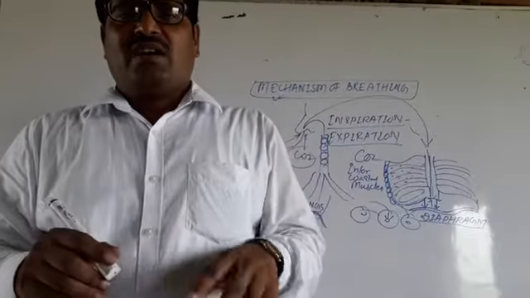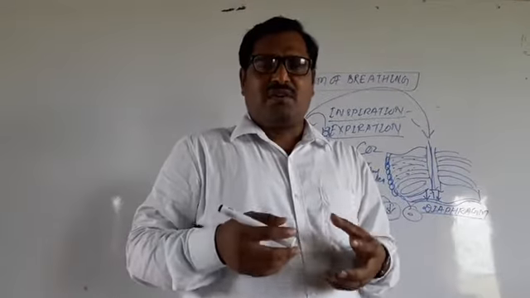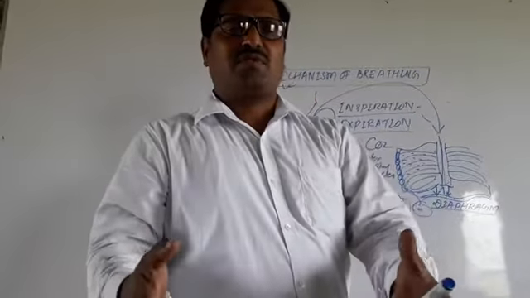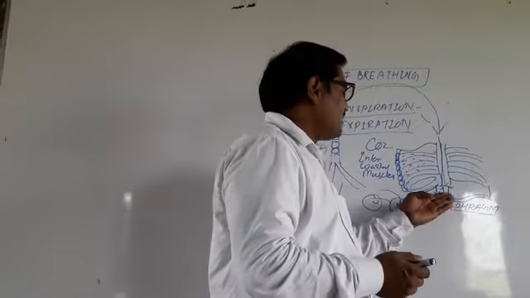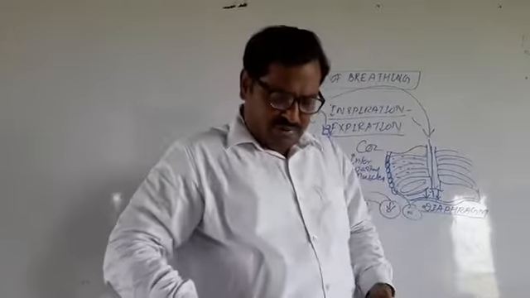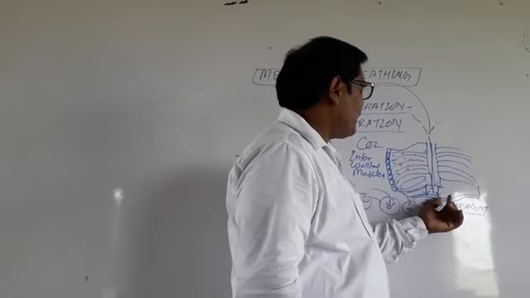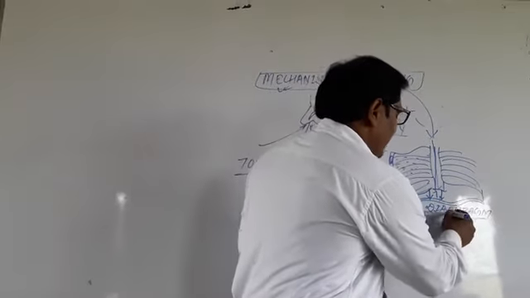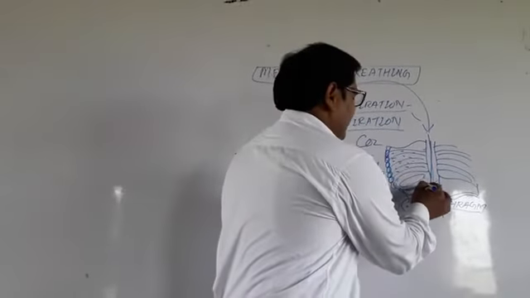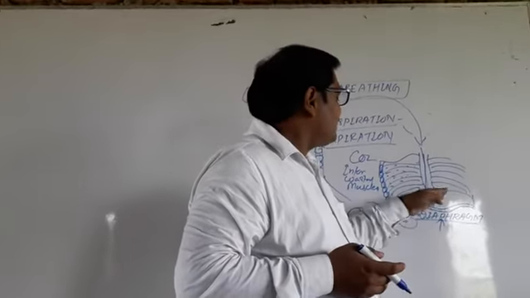In the same way, on the other side, when the carbon dioxide from the different body tissues or cells is to be expired, it is forced out from the lungs. In that case, the diaphragm which had been lowered down is now pressurized. Pressure is generated in the abdominal cavity, and this pressure applies to the diaphragm, and the diaphragm goes back to its original place. So what happens, the cavity just outward, below the chest cavity